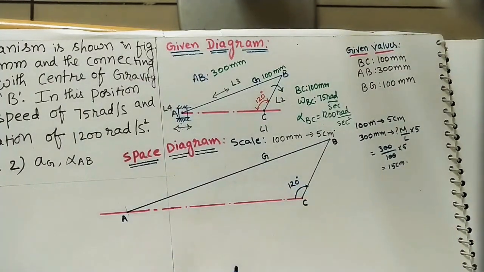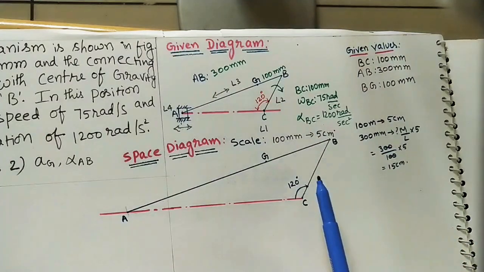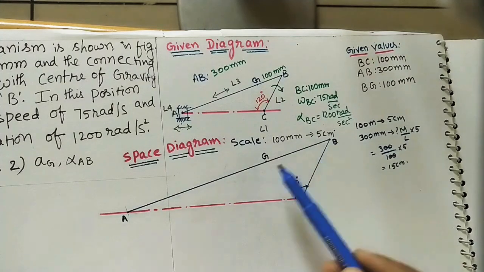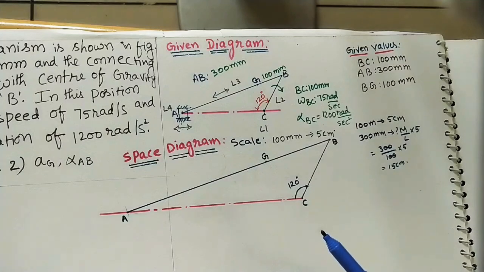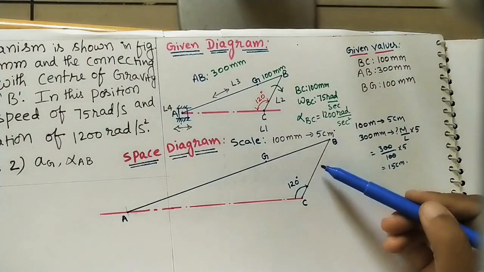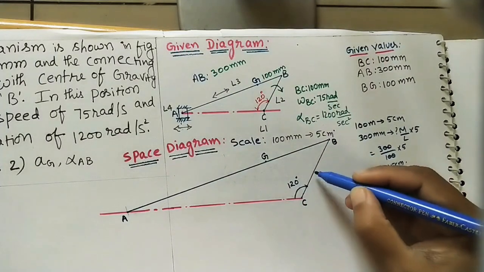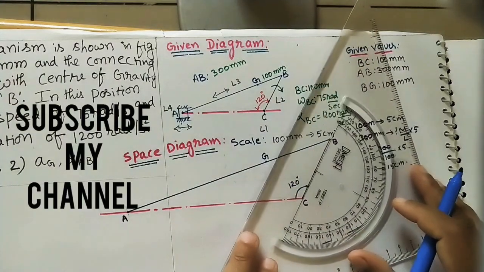After doing this sketch diagram, here we need to mark the velocity directions of this link and of this link also. The direction of velocity of any link is perpendicular to this link. Velocity of this link is perpendicular to this link. Perpendicular means 90 degrees. Here I will show how to take the directions. Take any point on this CB link. We can take B point also, we can take any point. Just at this point we are showing the direction. So 90 degrees.